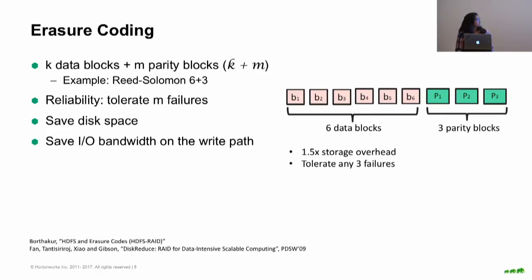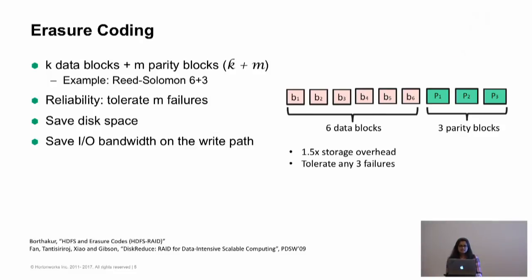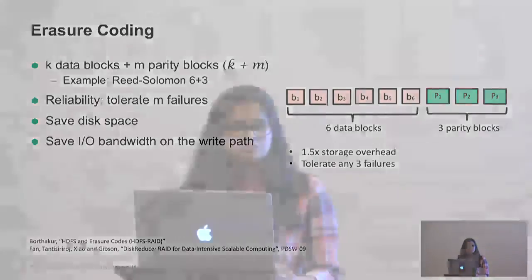What erasure coding does is it splits a block into k data blocks and m parity blocks, and it can tolerate up to m failures. So for a 6+3 scheme, we have 6 data blocks and 3 parity blocks. The actual data is distributed over the data blocks, and the parity blocks are generated by encoding these data blocks using some encoding scheme such as Reed-Solomon. The disk space used for a Reed-Solomon 6+3 scheme is 1.5 times the actual data size. So compared to the 200% overhead we see in the 3 replica replication strategy, we have only 50% overhead for